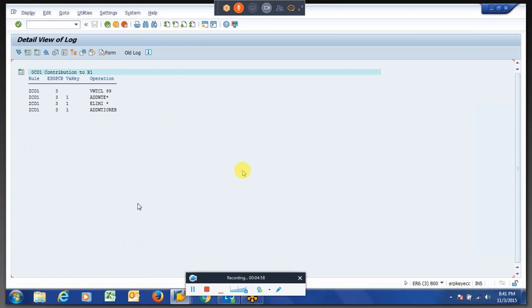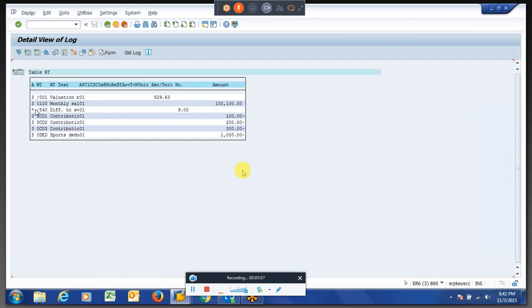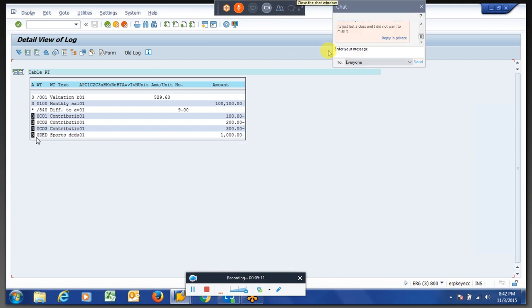The only change I have done is, if you see the particular wage type in the RT table, the specification for these particular wage types.